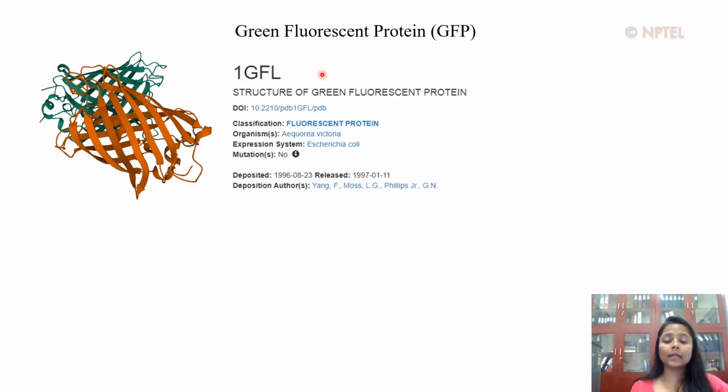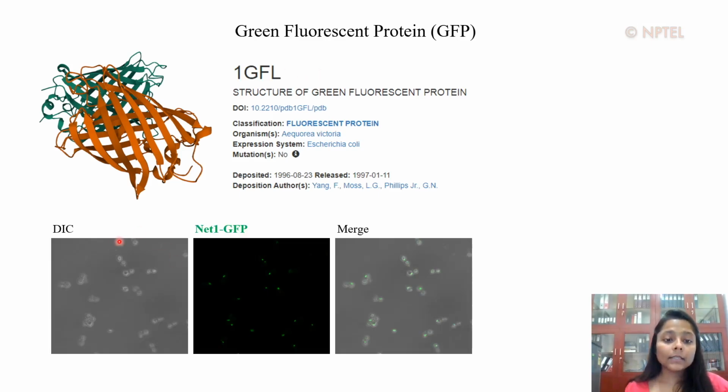So, to give you an idea how it looks under the microscope, let me show you some images. These are Saccharomyces cerevisiae cells where we have tagged the NET1 protein with GFP. Now it is already known that NET1 is a nuclear protein that remains associated with the rDNA locus. These green dots here are the NET1 proteins tagged with GFP. Now there is an entire database called the Yeast GFP Fusion Localization Database that will help you to study the global analysis of protein localization in eukaryotes.